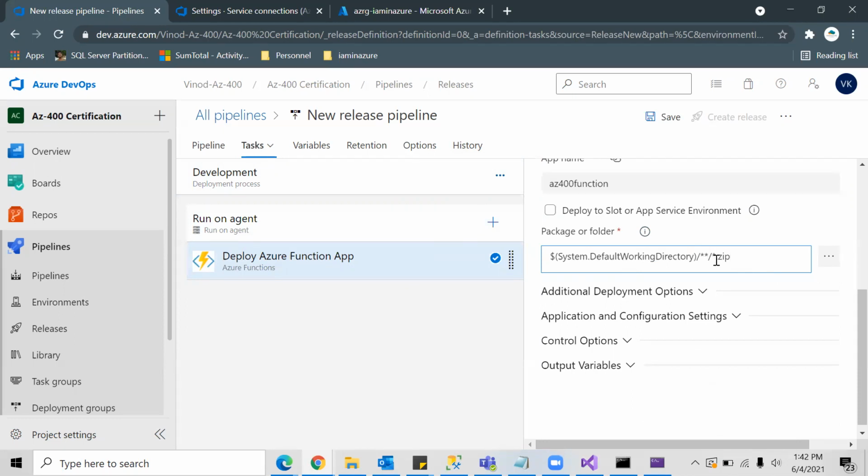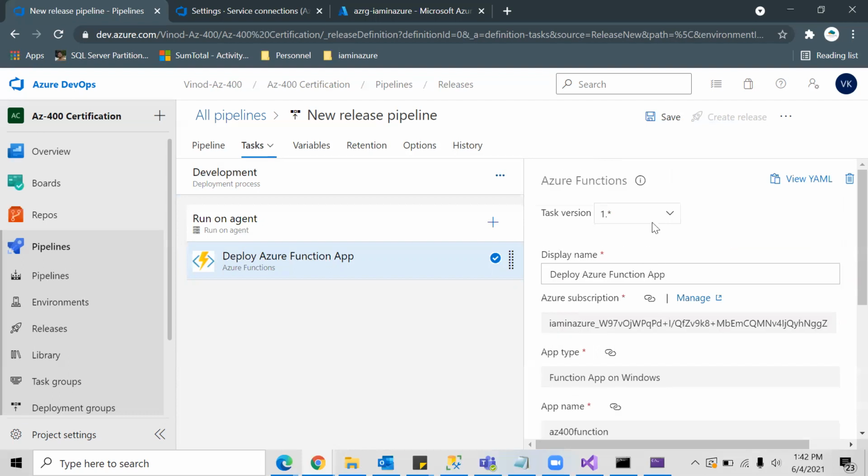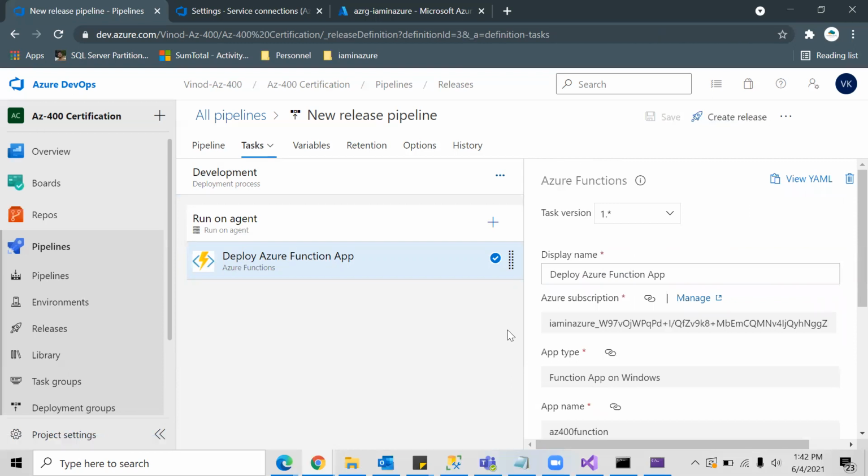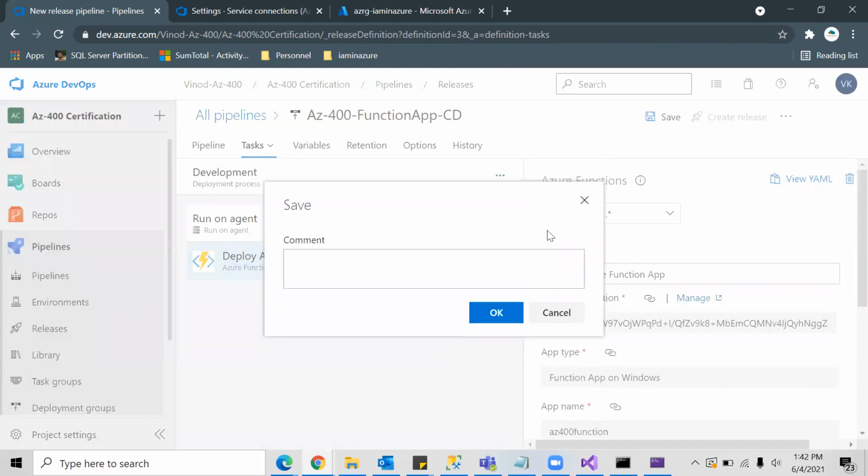So I just put it as star zip, and the rest of the things I'm leaving default, and I'm going to save it. Okay, before that, let me rename this. This is going to be CD pipeline, and let's save this.